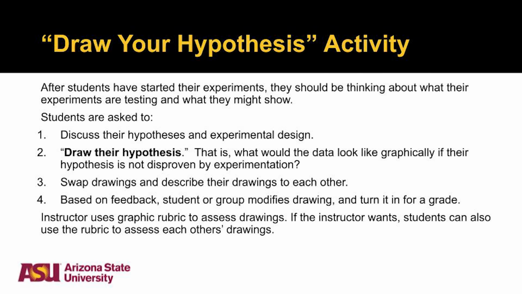What is your data going to look like if you can show differences between the groups? What is your data going to look like if you cannot show differences between the groups? So you want them to anticipate the data that they're going to collect, and you want them to anticipate the types of graphs that might be appropriate. Because if you're looking at whether something is present or something is not present, that graph is going to look very, very different than if you're comparing two means that are numeric in nature. So we want to make sure that they're choosing the appropriate plot for the type of data.